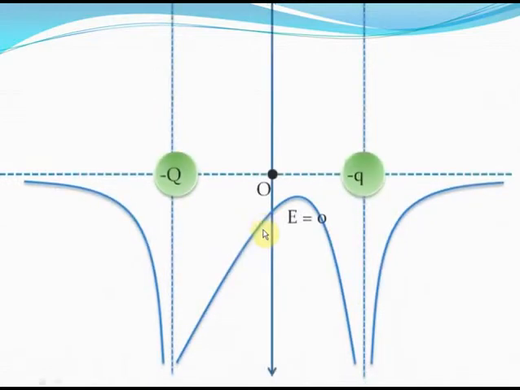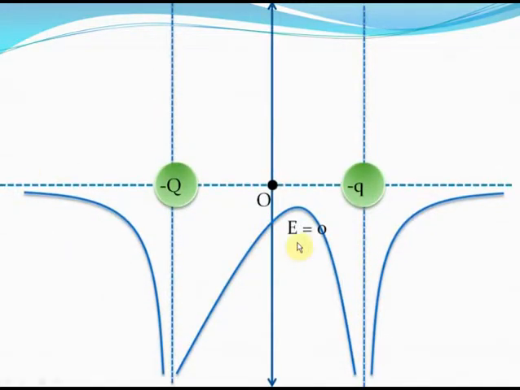This would be the graph of the potential in the case of two negative charges. As you can see, the potential will be completely negative in this case. Can you tell me why? That is because the potential due to the minus capital Q charge will be negative and the potential due to the minus small q charge will be negative. So clearly the sum of these two potentials will always be negative, isn't it? Again, this portion here, this one, will be the place where dV by dr will be equal to 0, or the electric field will be 0, isn't it?